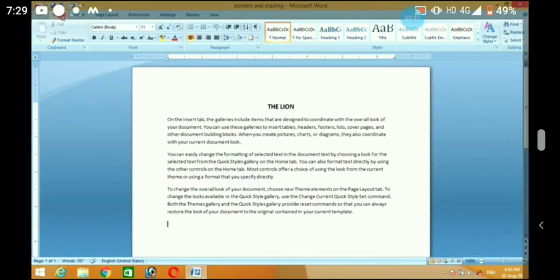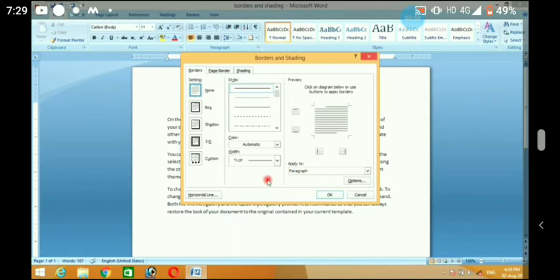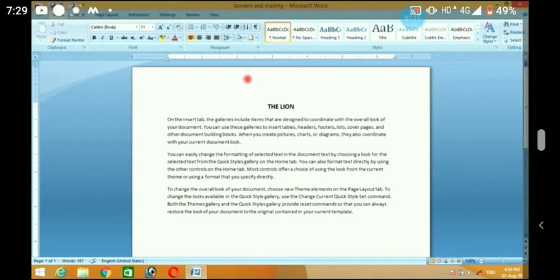Okay, so border and shading. If you are able to see the paragraph section, the shading option is also available here, and here in the border and shading part. Okay, you have clicked and the border and shading option is there. As soon as you have clicked the border and shading option, there are border, page border and shading. Okay, these things are there. And the preview part shows how it looks after applying the border.